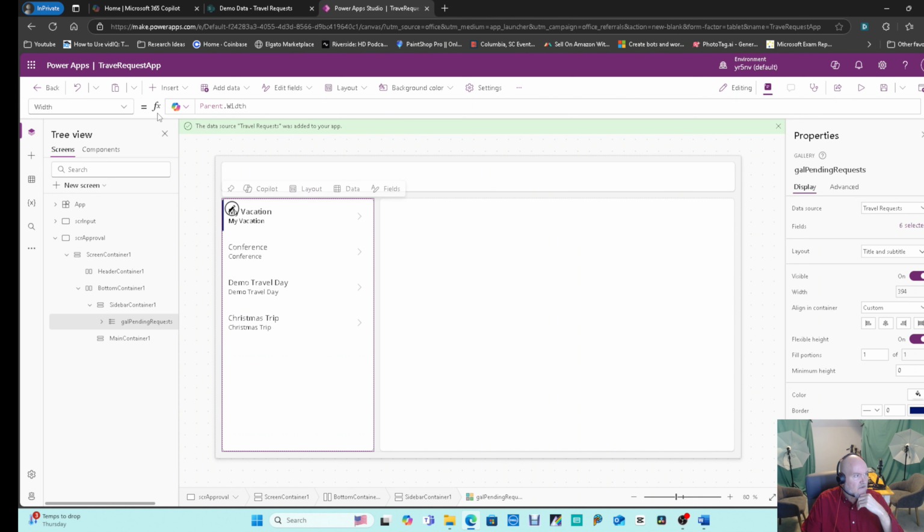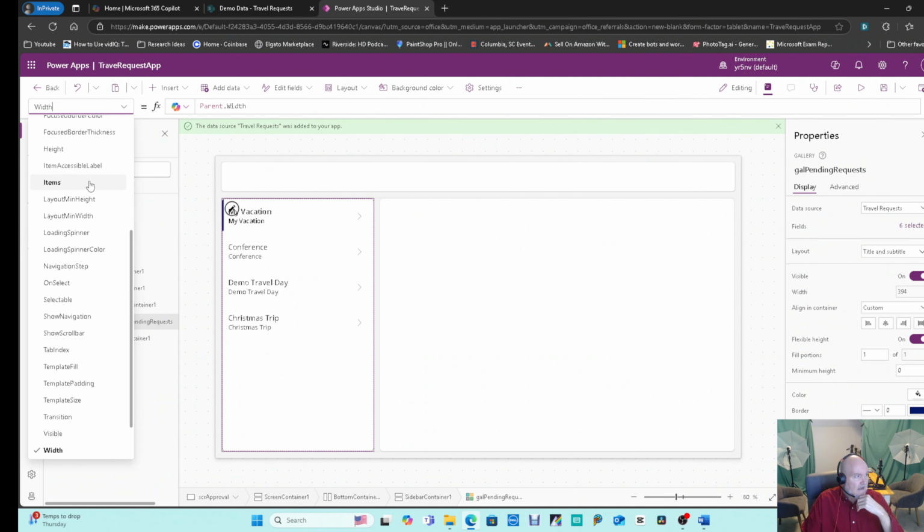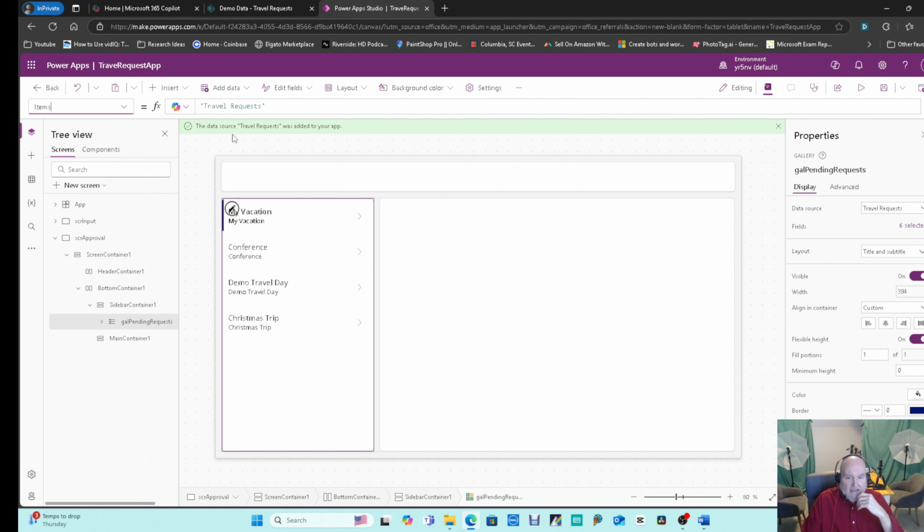And we're going to go into items and add to the items here. You'll notice that items was automatically populated when I added the gallery, because it knows to add those items to it. So what we're going to do here is put in the filter